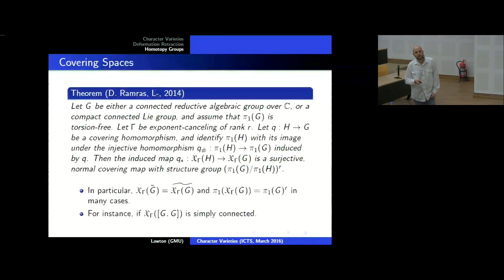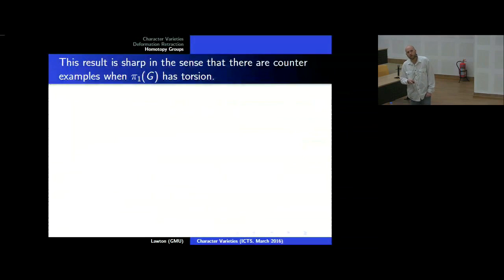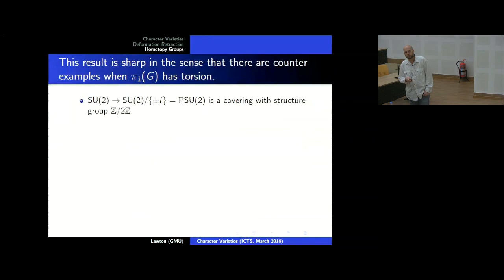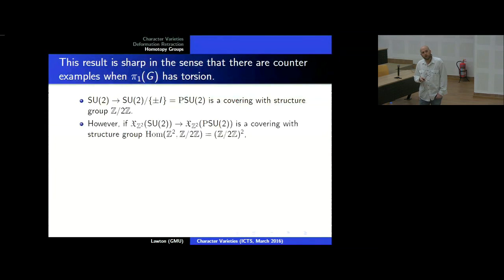Okay. And this result is actually fairly sharp. You might wonder, is this torsion-free business really needed? Or is that just a limitation of our proof? It's possible. But consider SU2 going to PSU2, covering map with structure group Z mod 2. And let's suppose that our theorem applied to the situation where pi1 of that G has torsion. Okay? Then we get a covering map here with the structure group being the Klein group,